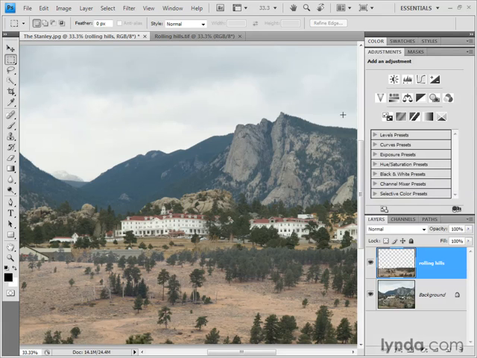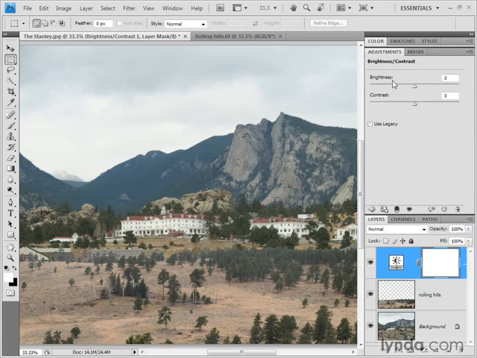And let's go ahead and throw on this adjustment right there, Brightness Contrast. Now, this is a function that I would not have applied 3 or 4 years ago because brightness contrast used to be just a terrible command. But in the previous edition of the software, it got much, much better. And it's now actually a fairly terrific command under certain circumstances. It works beautifully for this image, for example. So I'll go ahead and click on that icon in order to add what's known as an adjustment layer to